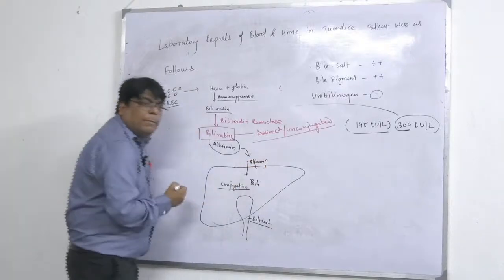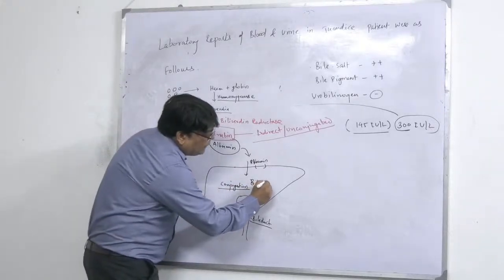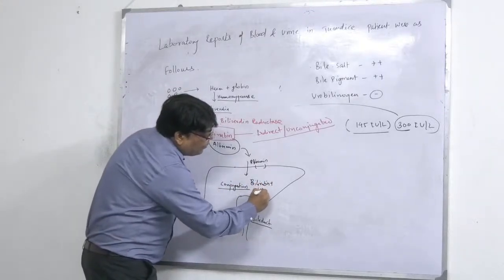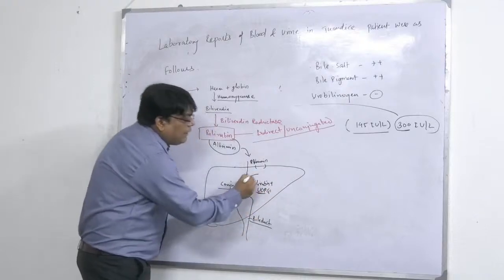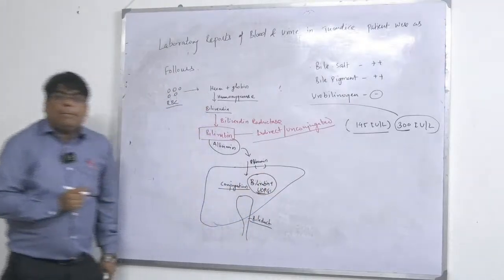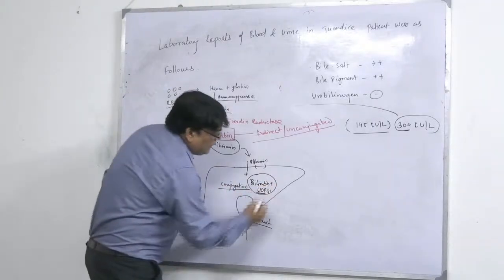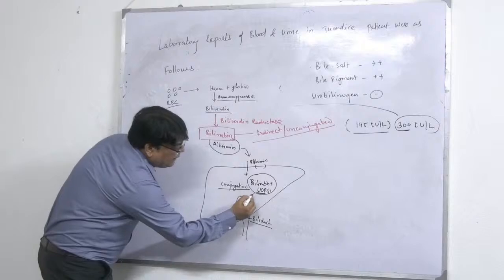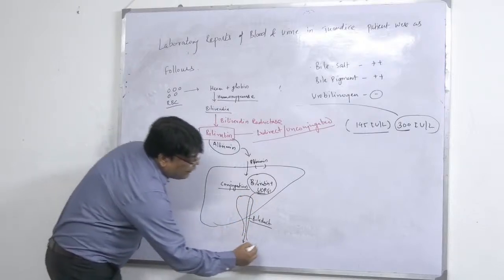These receptors may be present. Bilirubin combines with the receptor, and here bilirubin combines with UDP glucuronate enzymes, and it is called conjugated bilirubin. What is it called? Conjugated bilirubin. Now this conjugated bilirubin is again transported through the bile duct, and from the bile duct it goes